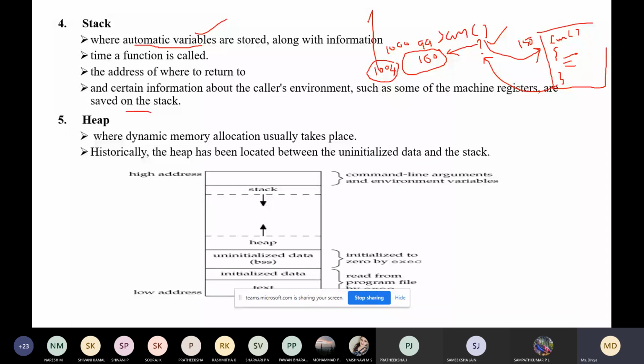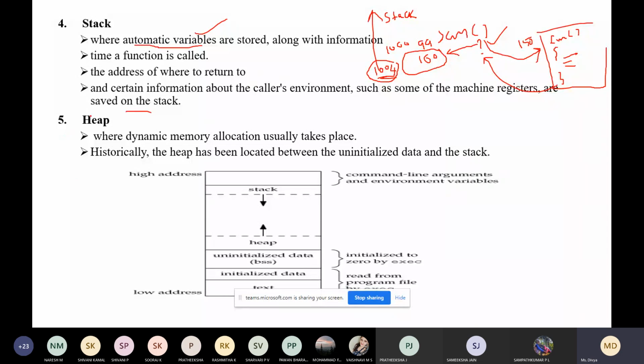This address will be stored in the stack, so the program understands that after executing sum, it should return to 1,004. So the stack has the return address of the function. This is about the stack.